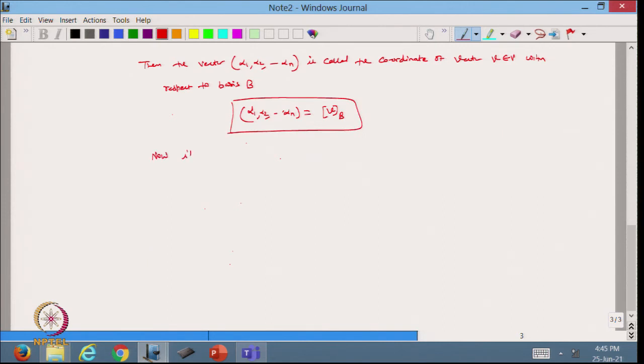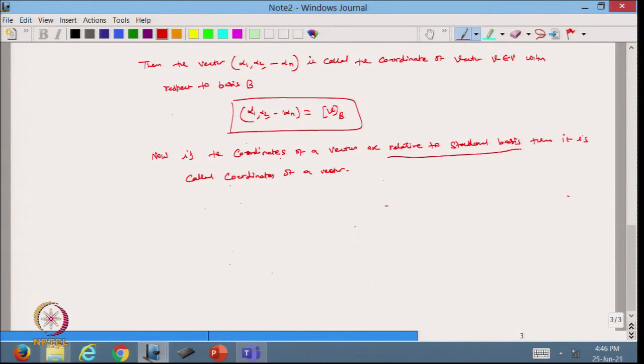Now, if the coordinates of a vector are related to the standard basis, then it is called the coordinates of a vector, because here it is the coordinates of the vector v with respect to the basis B. But if we take the coordinates of the vector related to the standard basis, then they are just called the coordinates of the vector. For example,